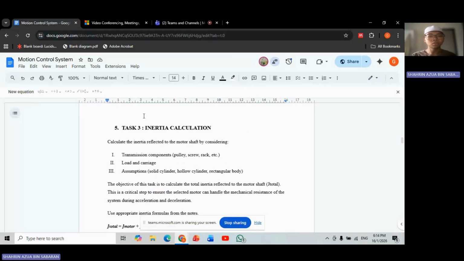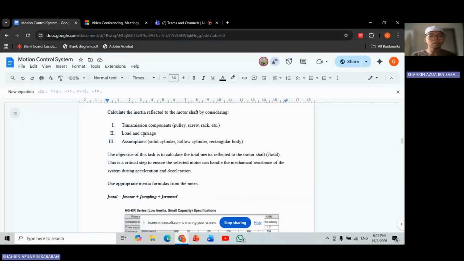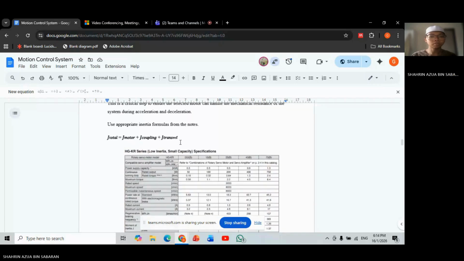So next, I would like to explain my Task 3, which is the inertia calculation. What I calculate is the transmission components, load and carriage, and assumptions: the solid cylinder, hollow cylinder, and rectangular body. The main objective is to find J total by using the formula J motor plus J coupling